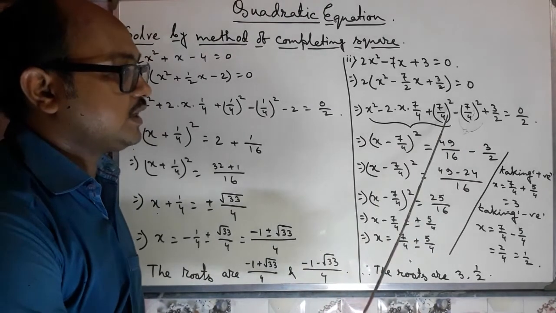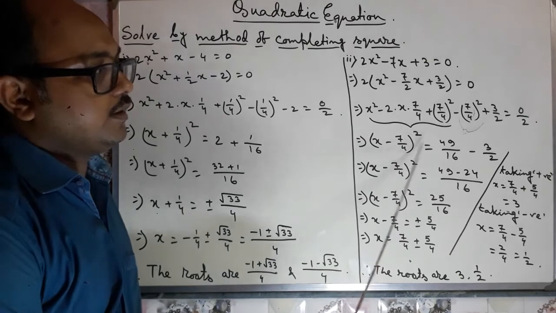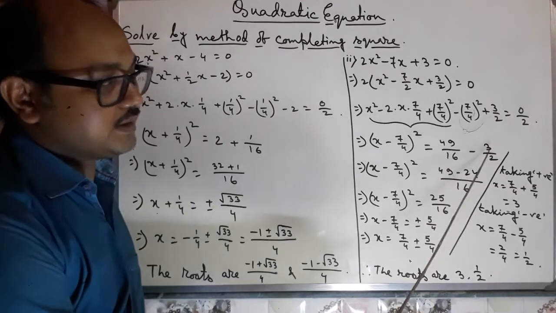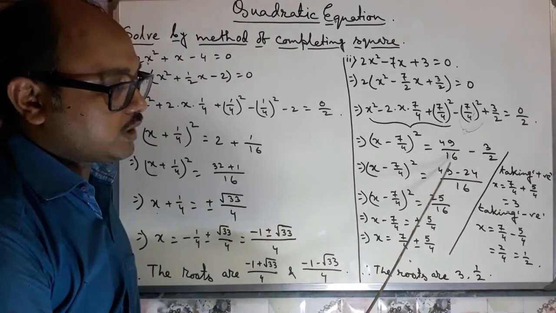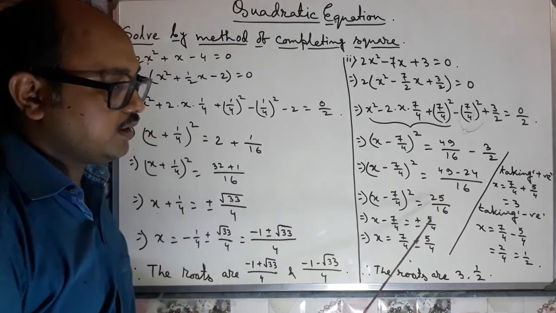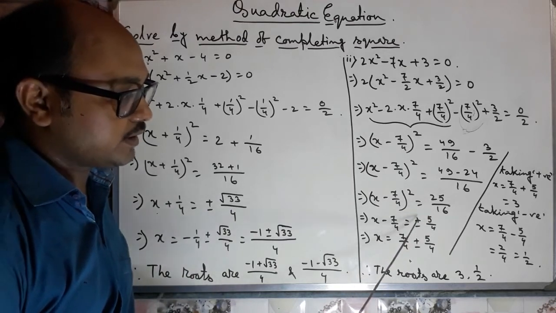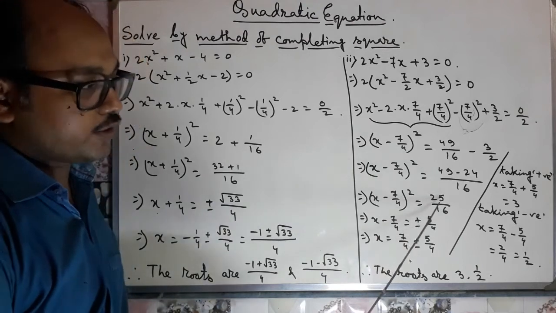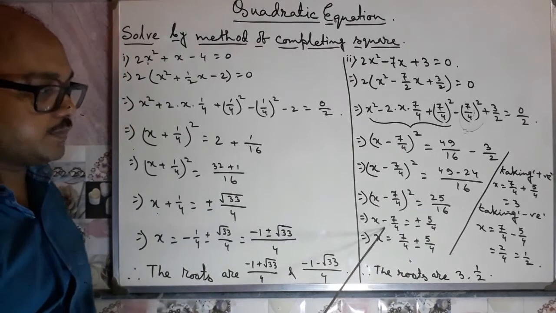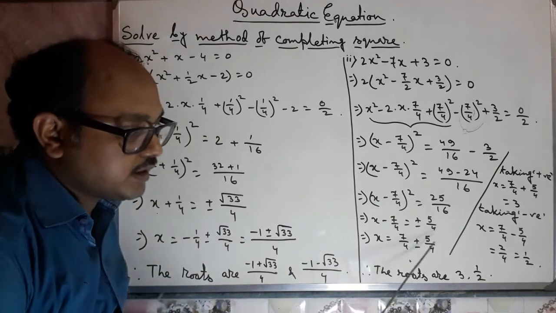Now these three terms will form (x − 7/4)². And changing the side of these two terms, that is 49/16 − 3/2. Now calculating these two terms on the right-hand side, it will be 25/16. Now if we take the square root of both sides, x − 7/4 is equal to ± 5/4. Square root of 25 is 5, and square root of 16 is 4. Now change the side of this −7/4, x is equal to 7/4 ± 5/4.